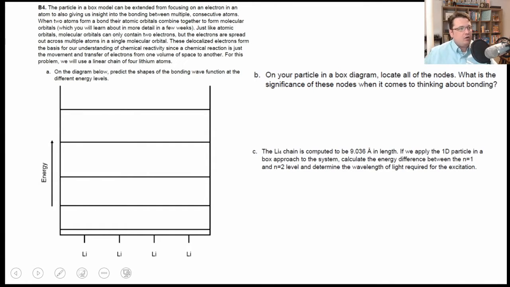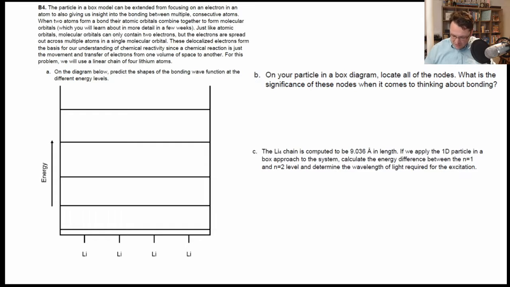B4. So this is now a particle in a box problem. This one goes a bit further in terms of the understanding and the approach for things. I only have 8 minutes left, so I'm going to try to get through as much of this as possible. The first part is simply to predict the shapes of the bonding wave function at the different energy levels. And because we're using the particle in a box approach in this case,